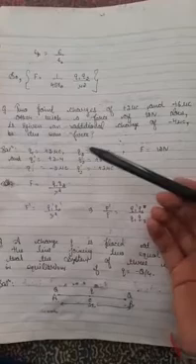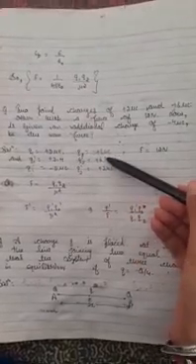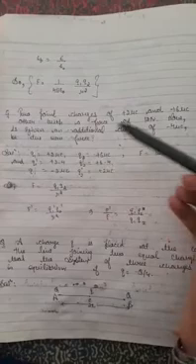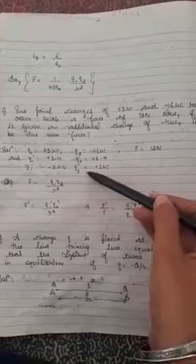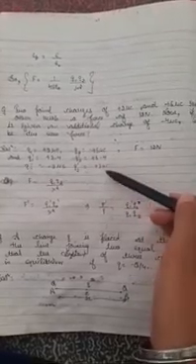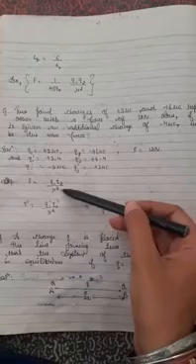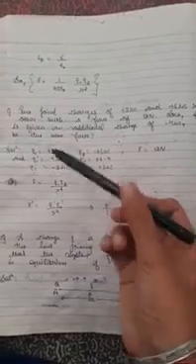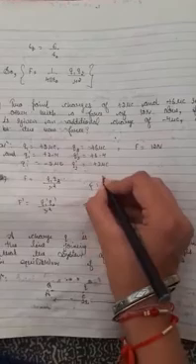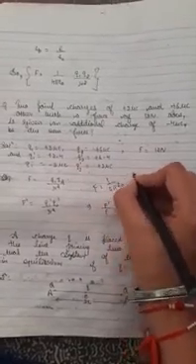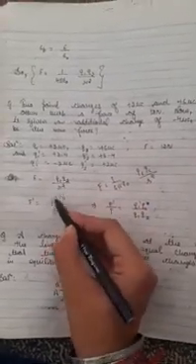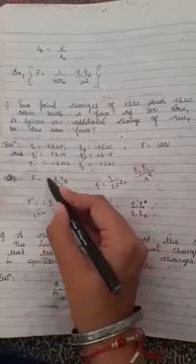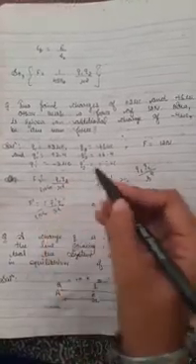Just see this. The charges which we already have are q1 plus 2 microcoulomb, q2 plus 6 microcoulomb. After adding minus 4 in both the charges, we will get minus 2 here, and q2 will be plus 2 microcoulomb. The original force F is equal to q1 q2 upon r square, or you can write the formula for F as 1 upon 4 pi epsilon naught into q1 into q2 upon r square. Same here, 1 upon 4 pi epsilon naught, q1 q2 upon r square.